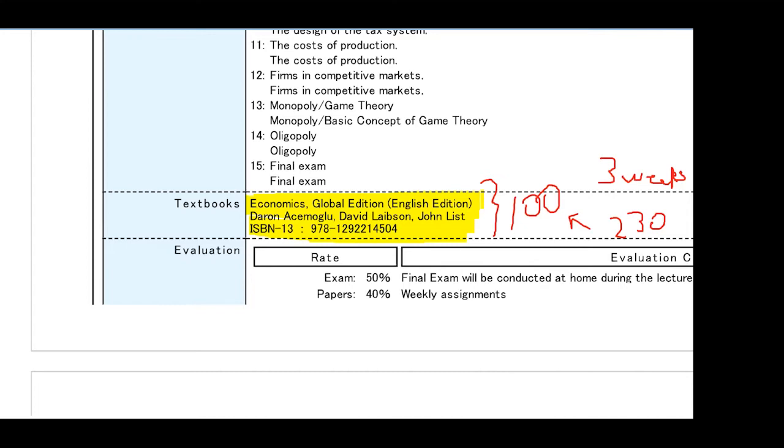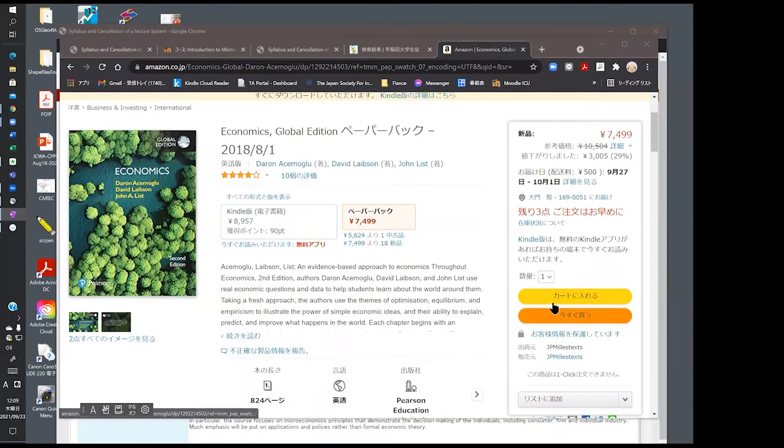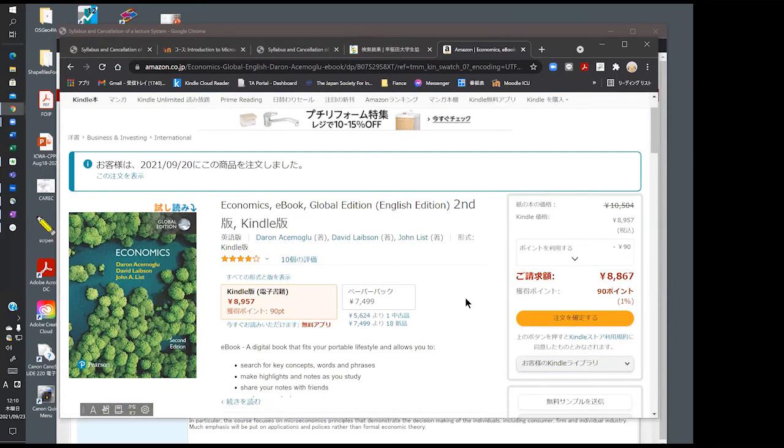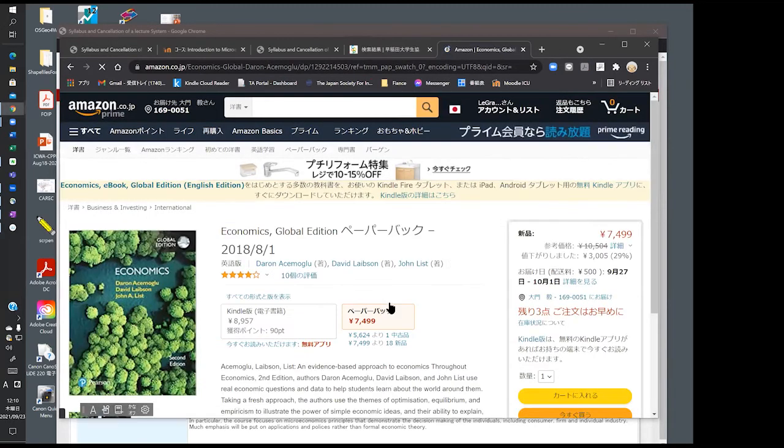If you're a little bit unlucky, they told you that. Okay, I think I'm sharing my screen of Amazon.co.jp. If you get it from Amazon, actually you can get it slightly less expensively, and you can get second hand, much less expensive, or you can get Kindle, which is about this price range in Amazon. So 8,000 or 7,000 yen.